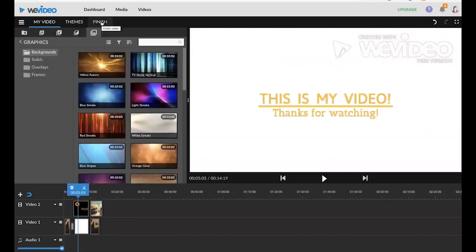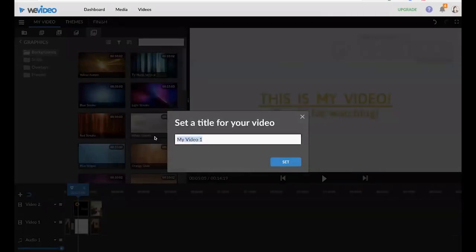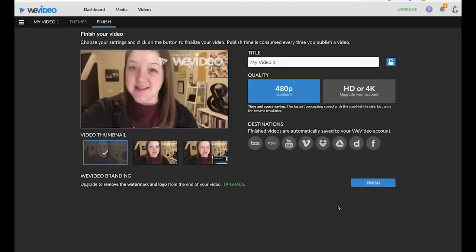So you've added in your clips, pictures, text, and animation, so you're ready to export your video. You'll click the Finish button here up at the top. Name your video. Now you do have some export options. You can see here I still have the WeVideo branding because I'm on the free account, and I only have one export resolution option, which is pretty low res. So again, to get rid of the branding and to be able to export HD, you would want to pay for an account. Just choose where you want your video to export to, like Dropbox, or go straight to YouTube,